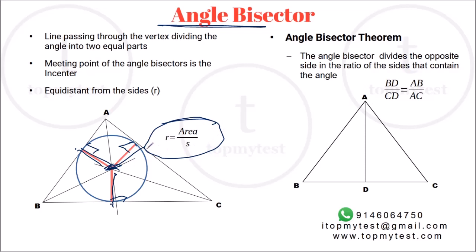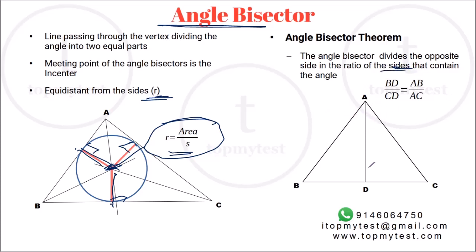The proof is very nice, right? It uses half base into height relationship. Apply it, it's actually pretty easy to calculate. Usually denoted in text with small r. Now, the angle bisector theorem again is pretty useful in certain cases. There was one question in a previous IIFT paper which used this directly, but it has not appeared afterwards, but it's a pretty useful theorem. It says an angle bisector will divide the opposing side in the ratio of the sides that contain the angle.